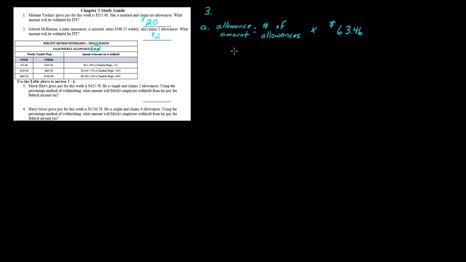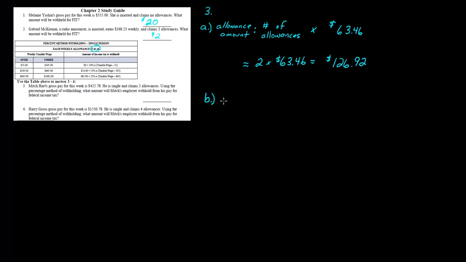So for this particular problem, it says number 3, he is single and claims 2 allowances. So if he's claiming 2 allowances, it will be 2 times 63.46, and that will multiply out to be $126.92. So that's our very first step. That was part A. Now what we can do is we can find